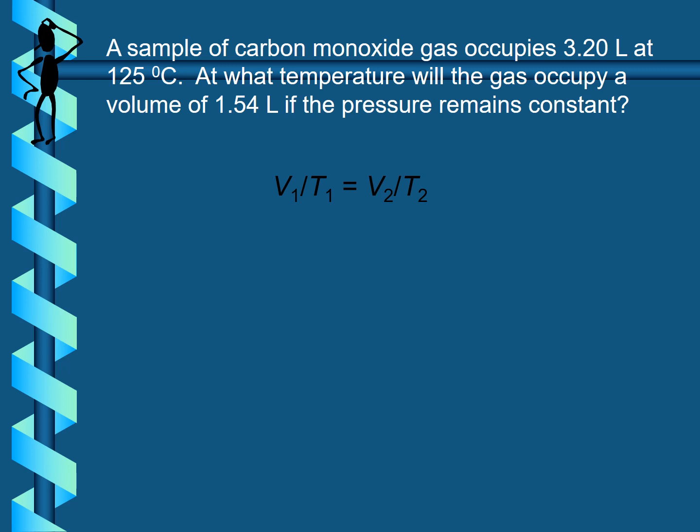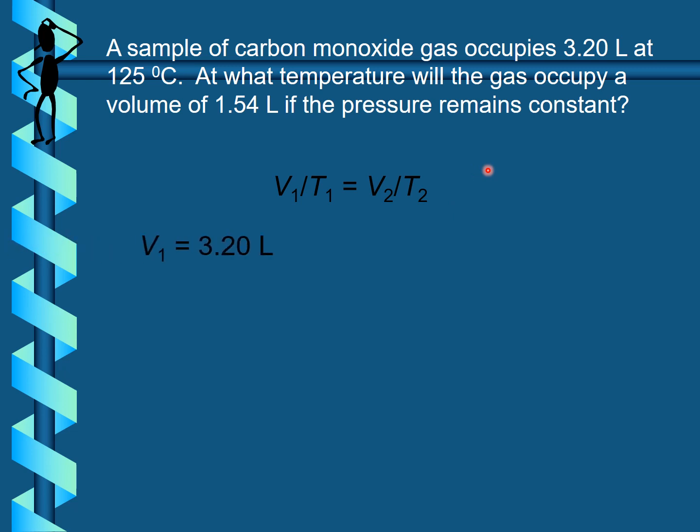We have in here another sample problem which says a sample of carbon monoxide gas occupies 3.20 liters at 125 degrees Celsius. At what temperature will the gas occupy a volume of 1.54 liters if the pressure remains constant? Okay, so we have 3.20 liters, that's V1, and T1 equal to 125 degrees. V2 is equal to 1.54 liters, and we are asked to compute for the final temperature. So T2 is